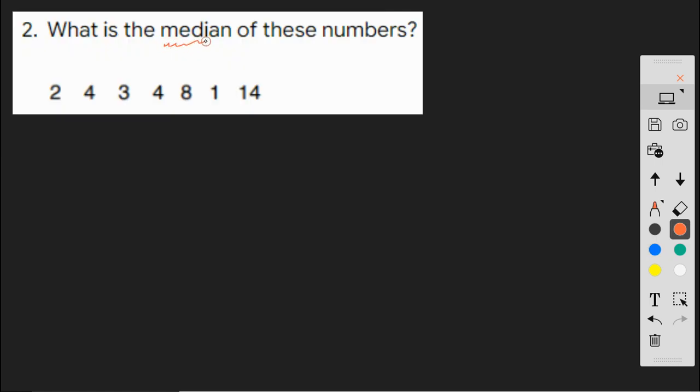Question 2 also requires us to understand what a word means. If we don't understand what this word means, we're going to not succeed in our question. We have 3 words for averages, all beginning with M. We have mode, we have median, and we have mean. This is the one that we're asked about today, and the median is the number in the